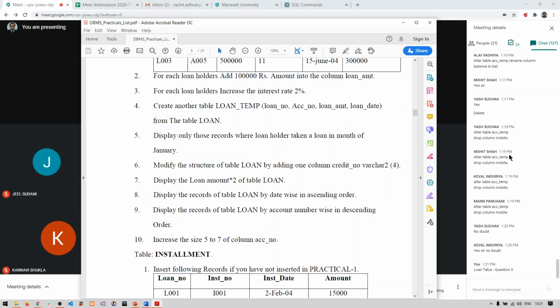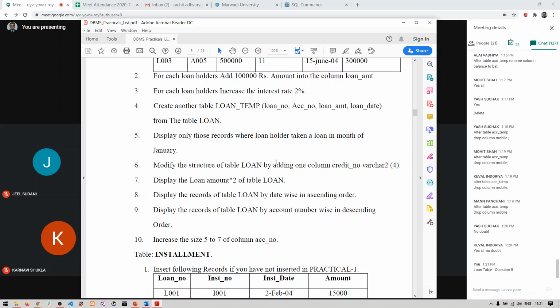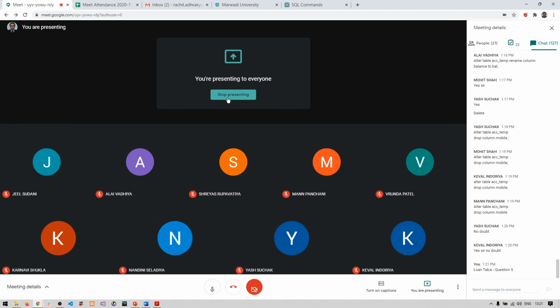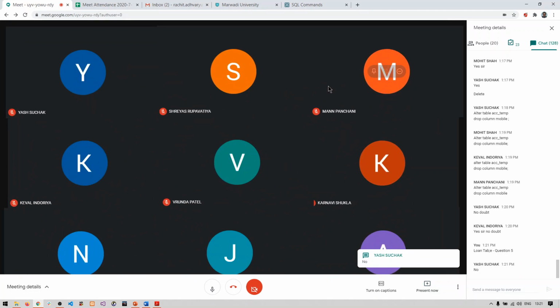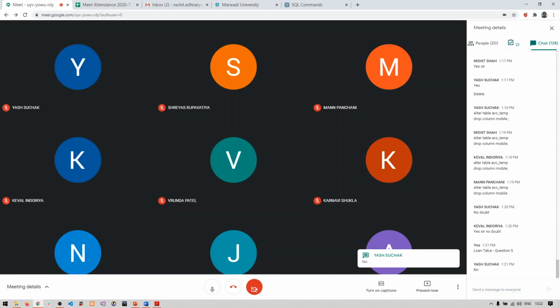Fine. So any doubts, any queries in this, anyone? I am stopping the presentation of my screen now. So everyone start doing practical number 2. Try to fire the queries, and also maintain the Word document for it.